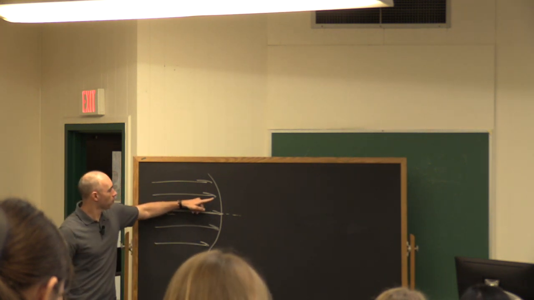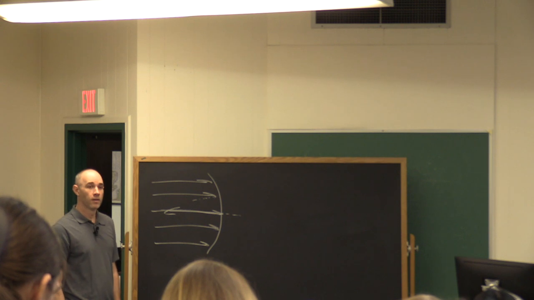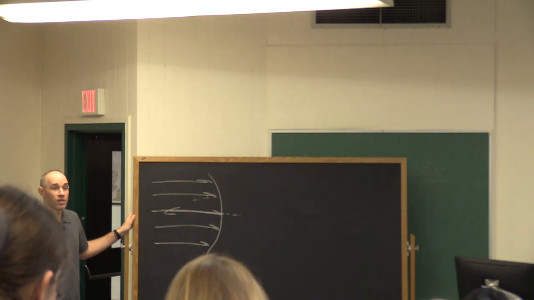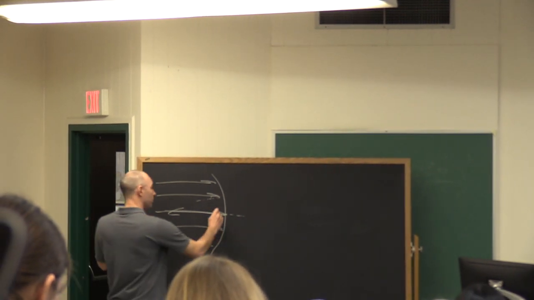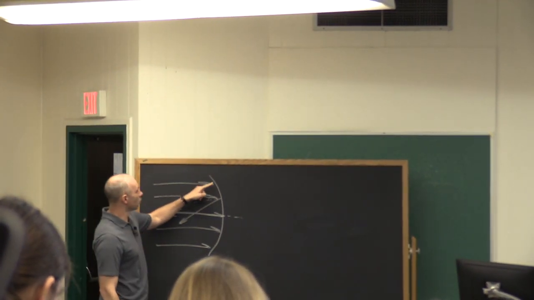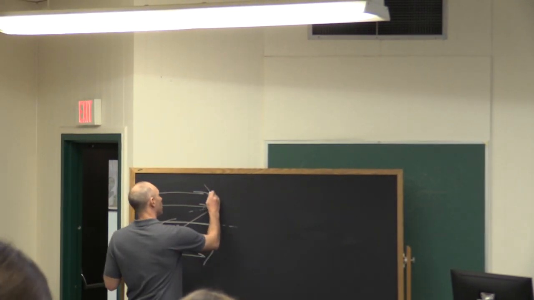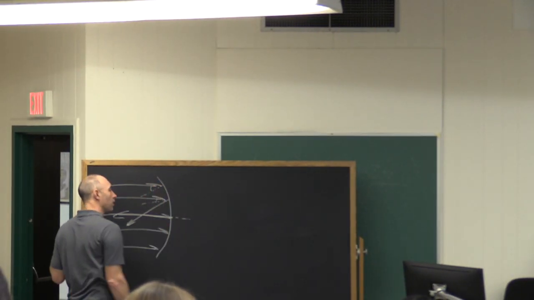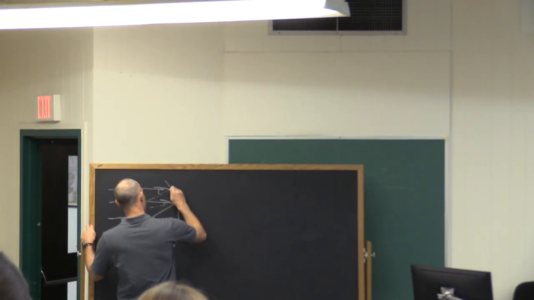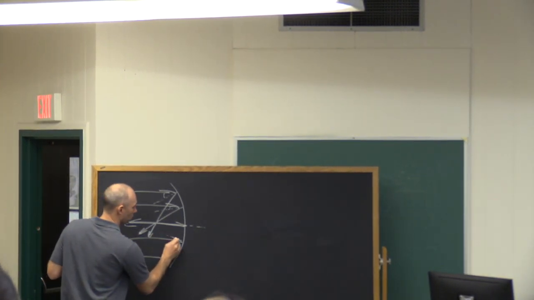Up here, though, the normal is towards the middle of the circle, so the normal is going to be something like that, which means that there is an angle between the incoming light ray and the normal. So there's going to be an angle between the outgoing light ray and the normal, an equal angle. So it's going to come out something like this. The normal up here is going to be a little bit different. Everywhere it's going to be a little bit different because it's along the radius of the circle. So it's going to be maybe more like this, with a slightly bigger angle. So incoming light ray has that angle, outgoing light ray is going to have the same angle. Hey, look at that.